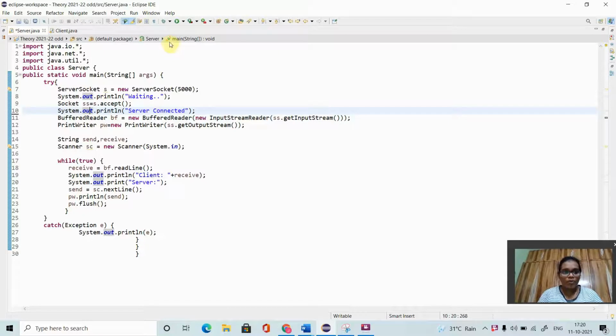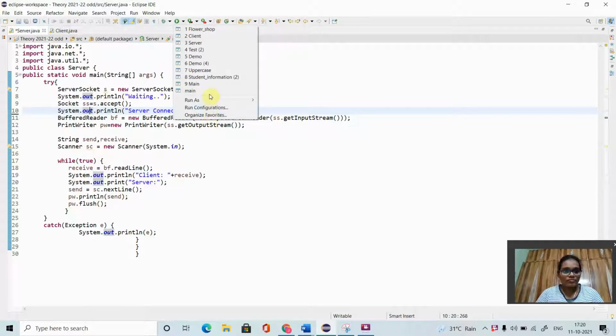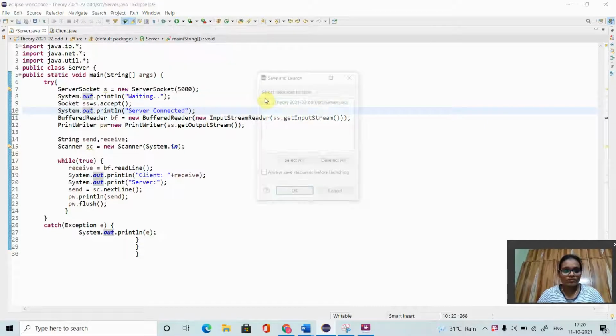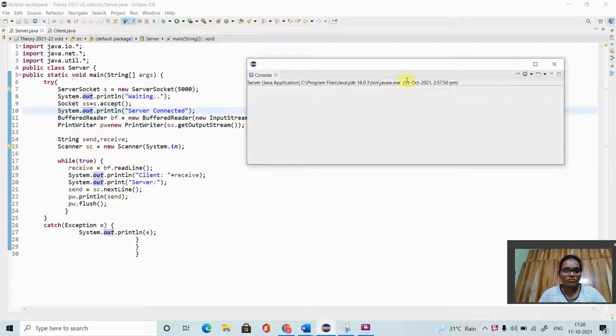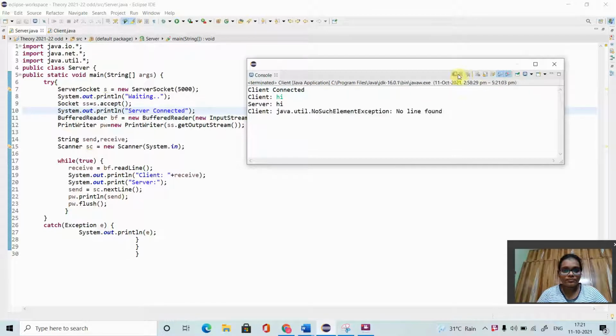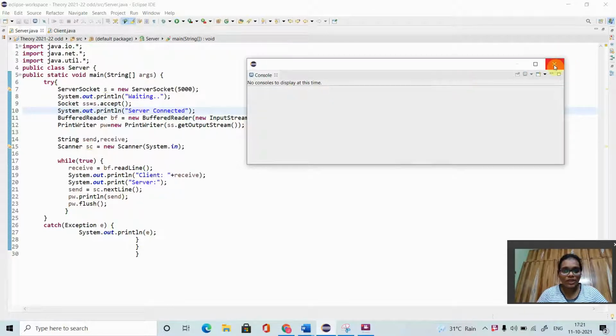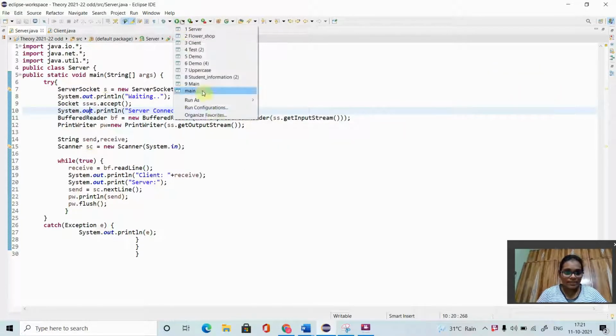Now I'm going to run the program. First I'm going to run the server program. Now I'm going to execute the program.